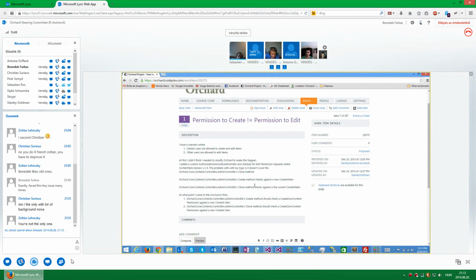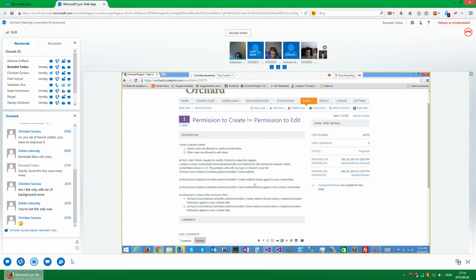So permission to create is not permission to edit. First, you never check the own variation of the thing. You just check for create.